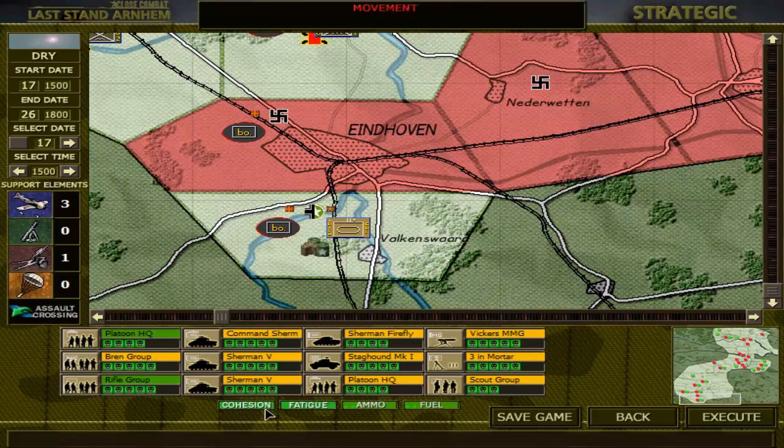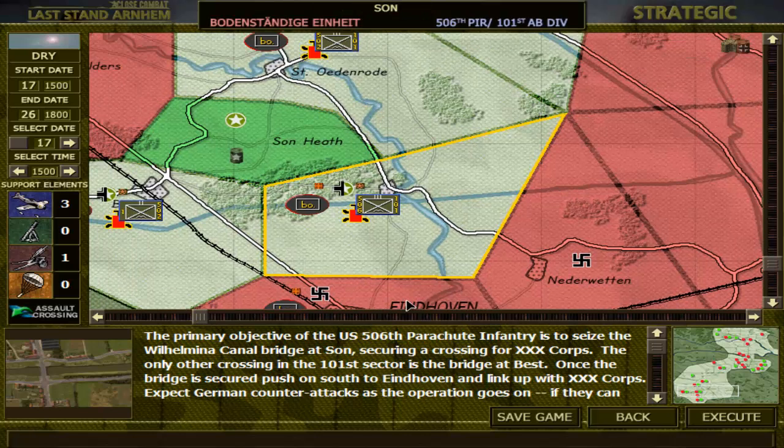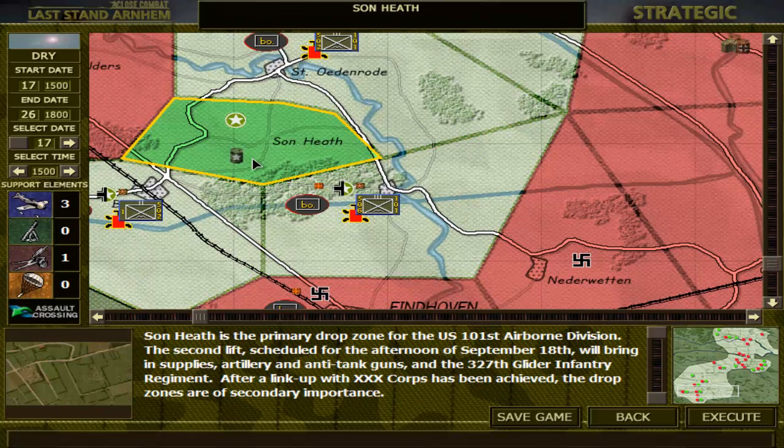Tank groups that do not have fuel will not move at all. So if they do not have supply, they will stay where they are for the rest of the game, if they have no route towards one of the supply stations. For instance, if we did not have anything here, because we actually have a supply point in Son Heat,